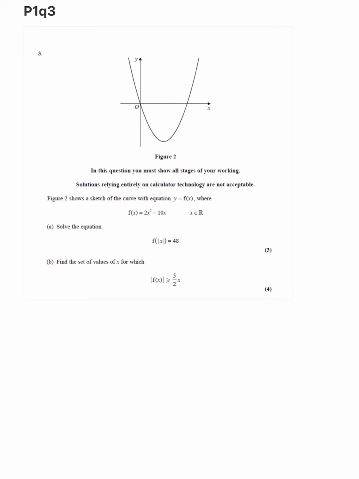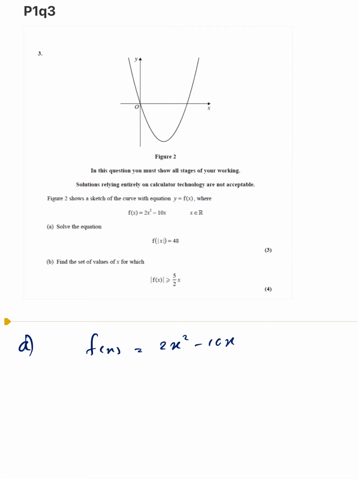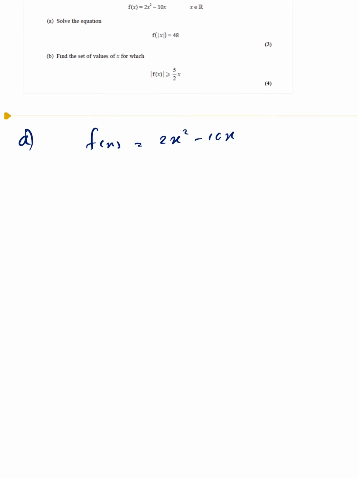Question 3, part A. We got f(x) equals 2x square minus 10x, and they want you to solve the f of modulus x equation. So if you take the given curve which cuts at 0 and 5, when you factorize this, you will see